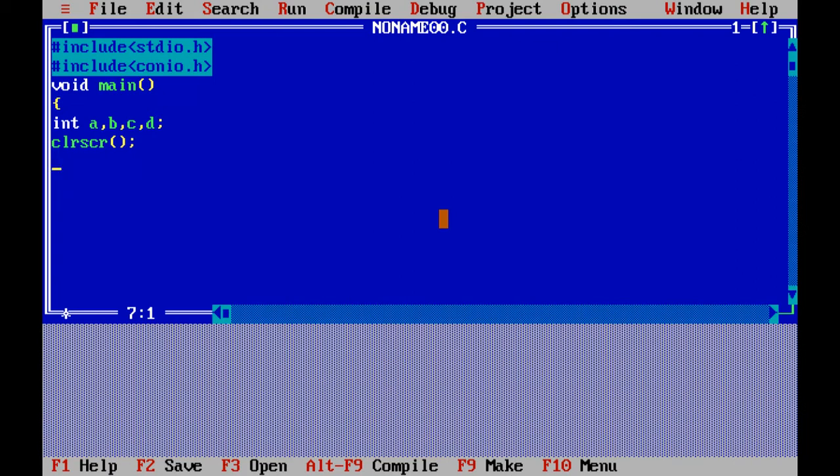Now I'll punch in a printf statement wherein I can write any statement that I want. Over here I'll mention: enter the values for bitwise operation, which means the numbers on which we want to perform bitwise operation and logical operation.